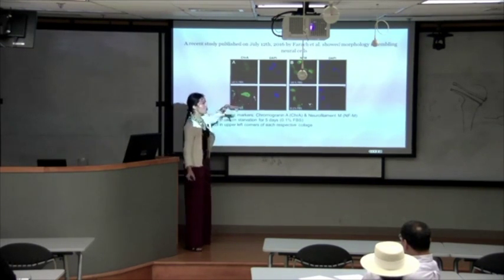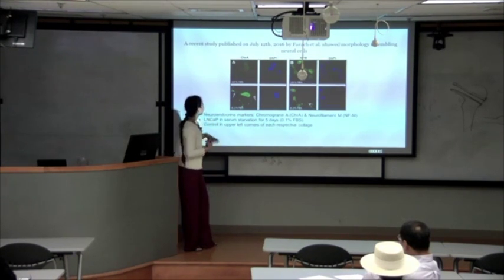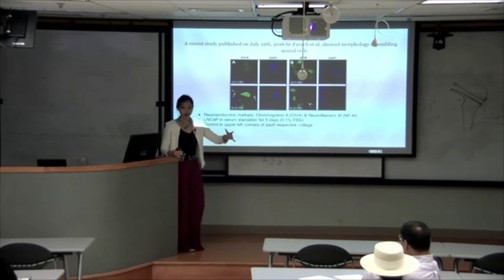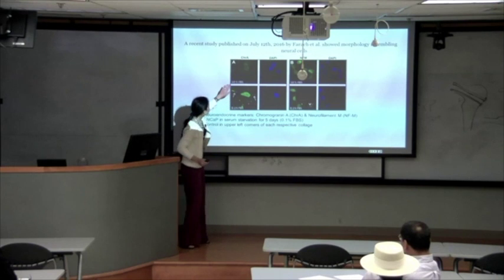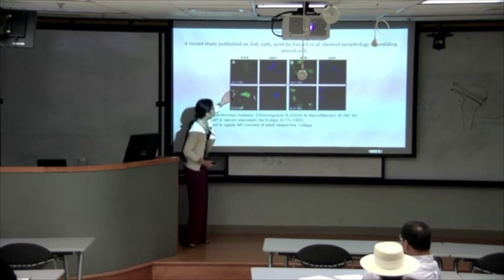LNCaP cells normally are very adherent cells. They're fairly round, and they have spindle-like projections, and they'll connect to all the adjoining cells in more like a web-like manner. But neural cells have a large cell body and these fine projections. So you can see the difference between the control cells and then the ones which have been deprived, and you can see the change in the shape of these cells with the large body and these fine projections.